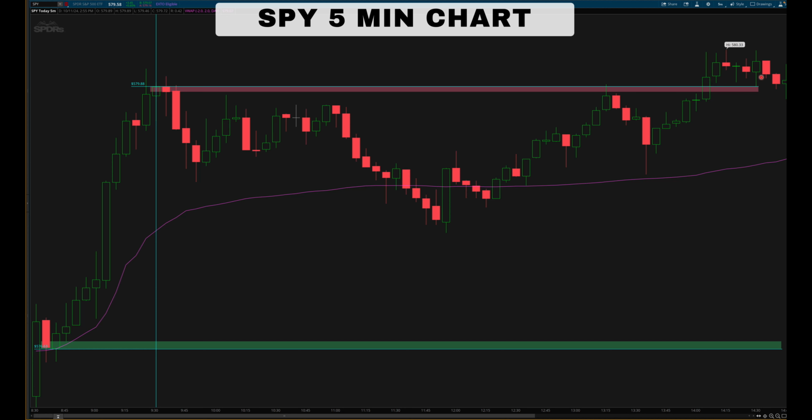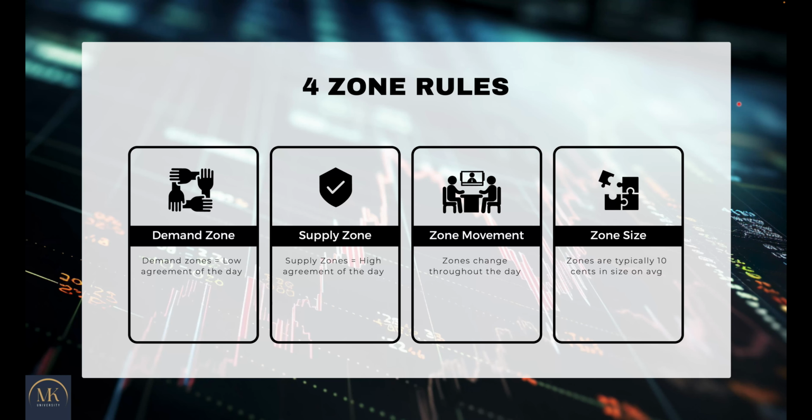I don't have the rest of this chart here, but you can see technically by then you would delete this area. You'd redraw it up here for this being the major supply zone. And you can see technically it's very tight, but it hits it and starts falling down essentially. So the zones continue to work no matter which, we'll go back over here. No matter how you use them, as long as you use them with these 4 zone rules, being A, you